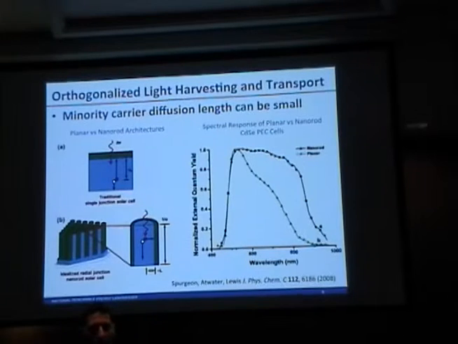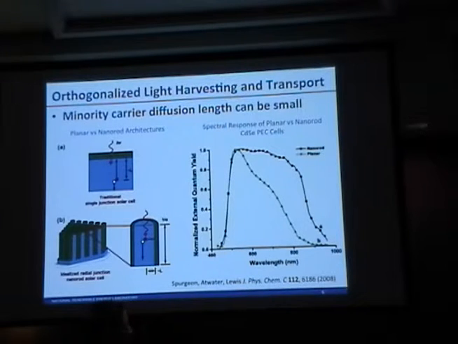And so if you have a situation where a semiconductor has a very poor, short minority carrier diffusion length,